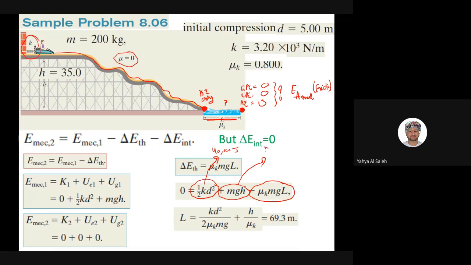So this is 7,000 joules. So the total of this is 47,000 joules. Now, if I do 47,000, which is this, divided by this, 0.8 times 200 times 9.8, I end up with about